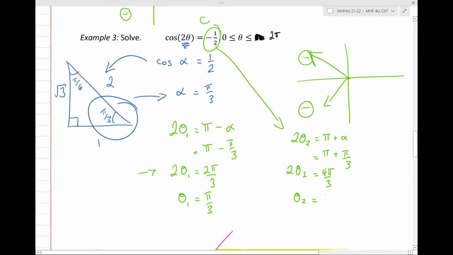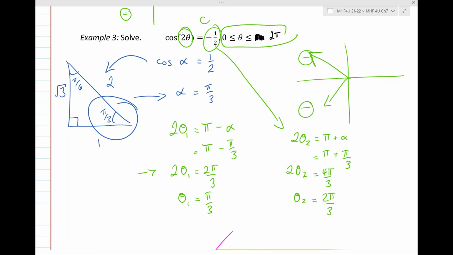I'm working with theta 2 is equal to 2 pi over 3. Well done, us. Now here, my domain is still between 0 and 2 pi. Well, that's great, but my period is no longer 2 pi. My period is now pi because I have a k value inside this trig function. This k value is equal to 2. My period is equal to 2 pi divided by k, and that is 2 pi divided by 2,